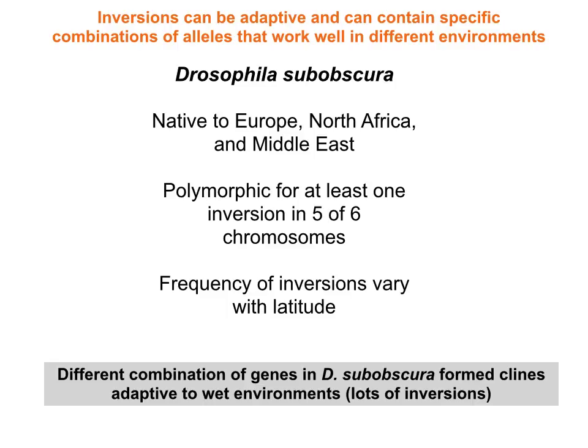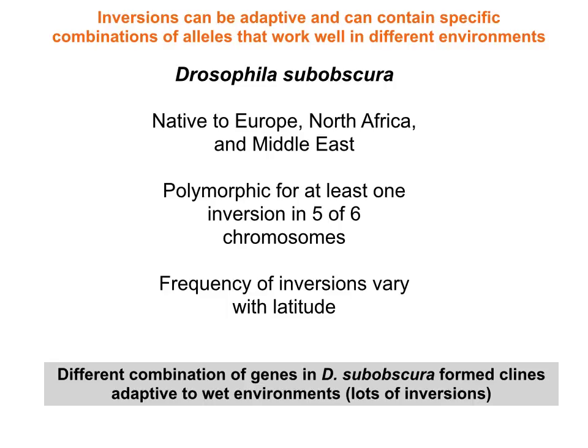Is there a downside to having those inversions? Yeah, you have all those jacked up gametes, right? And so once that balance is reached where it's not favorable, you're out of that environment, the flies that don't have those inversions can reproduce better than the flies that do, and so you lose those inversions. And so it's really interesting. That's a really cool system that shows those inversions in a real life situation. So different combinations form what we call clines, which are sort of like topo map gradations of frequencies.